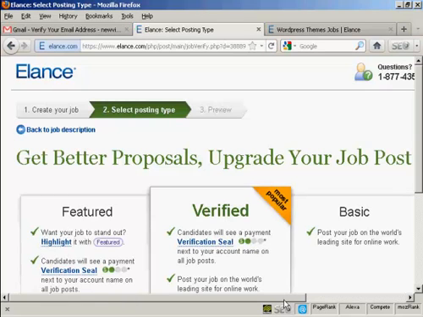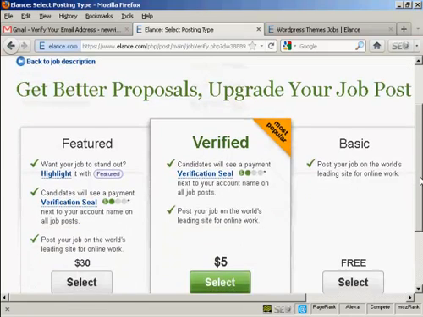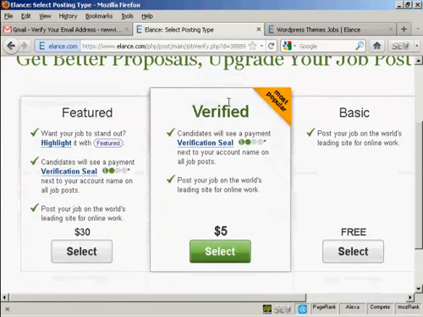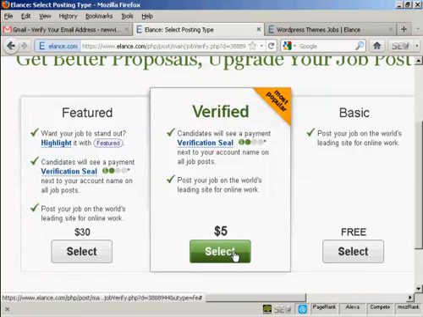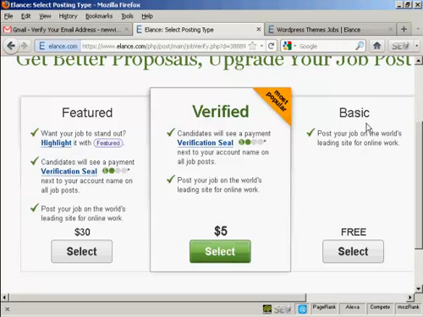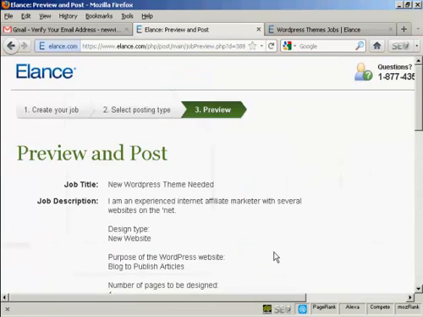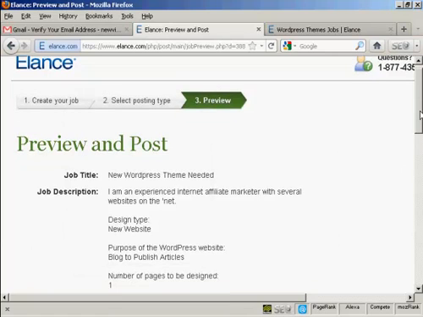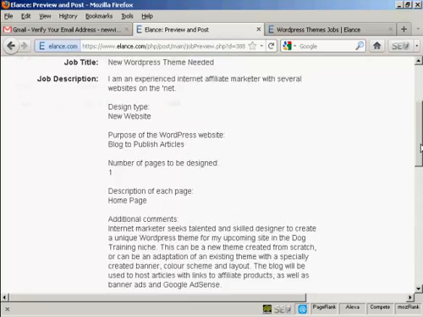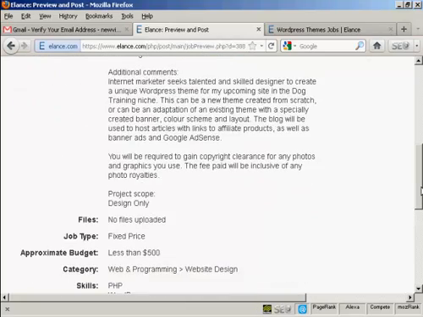Then you can decide which type of listing you want. You can have it as featured, you can have it as verified, and that costs $5, the featured $30, or you could just have the basic listing, which is free. For this demonstration, I'm just going to select the basic listing, so click on select. And there we go. That's the job previewed. This is what it will look like on the website,